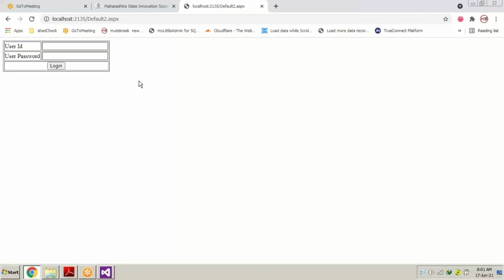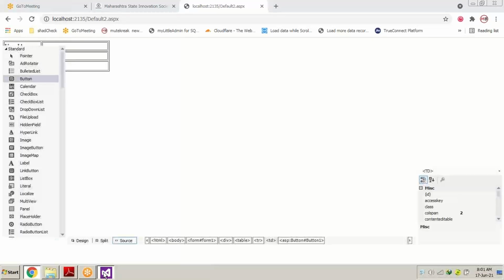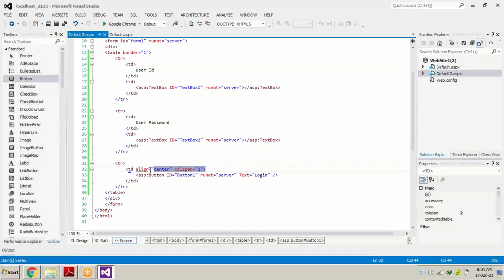We have taken a TR the third time. We have taken only one TD inside that particular TR, table row, and in that TD we have added some small text which says colspan 2, which means the last TD will be equal to 2 columns, 2 table data cells, and as the alignment is center, the login button is appearing in the center. How has this been changed? This has been changed by adding alignment center and colspan 2.